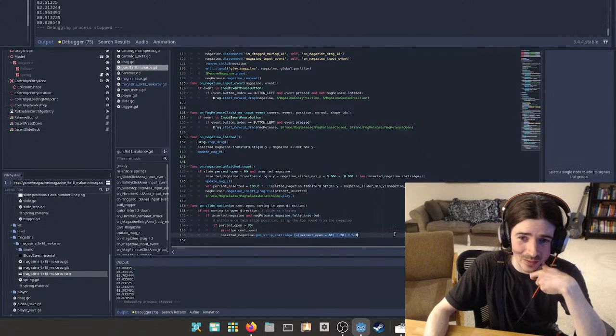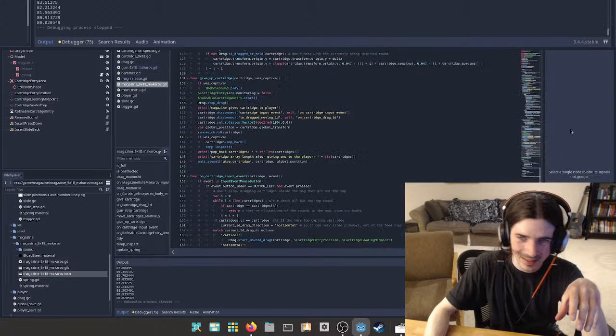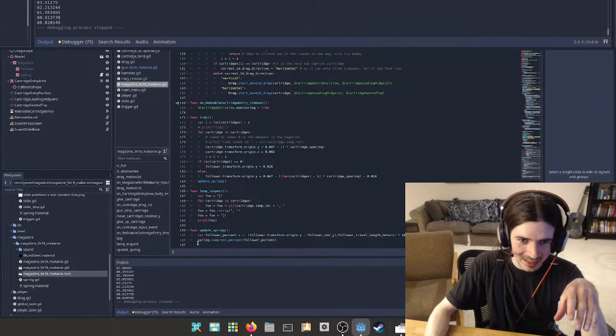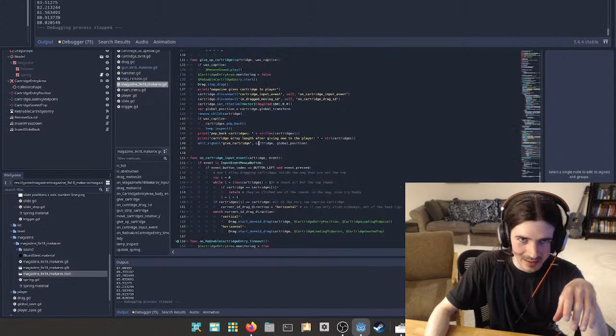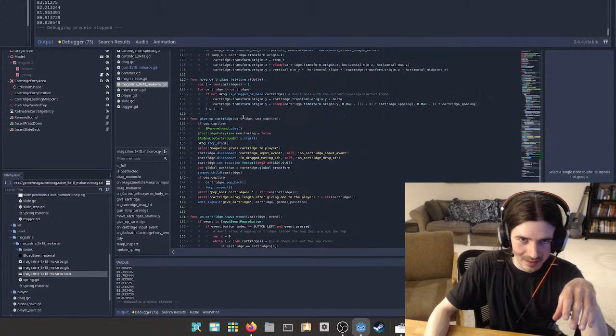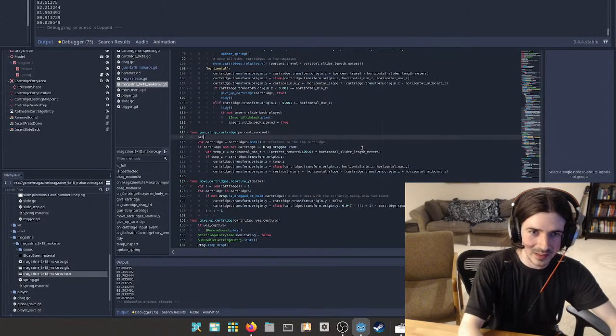Maybe something else is the problem. Let's print what's being said here. So let's go in here, magazine code. Here we go. Here's the function. So let's say print "moving cartridge out of the magazine"